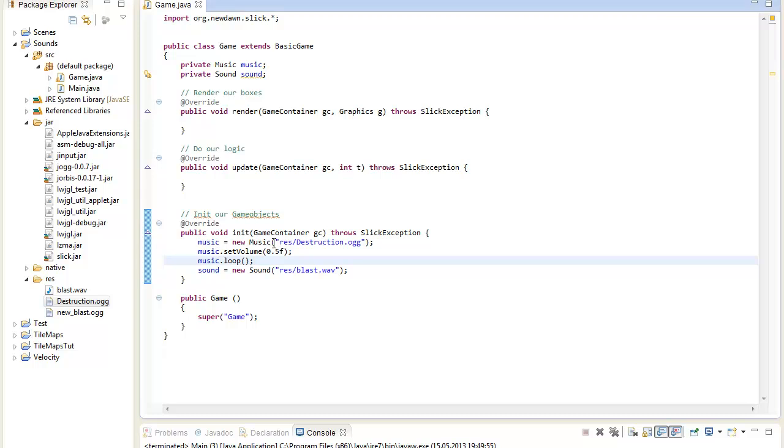There are a few more functions within the music class. Just try them out for yourself. They are really easy. As a next step, we want to play our sound effect. To do this, I will go into the update loop and just get a simple event when we want to fire up our sound. So we'll just type if